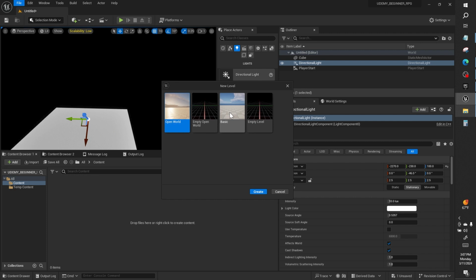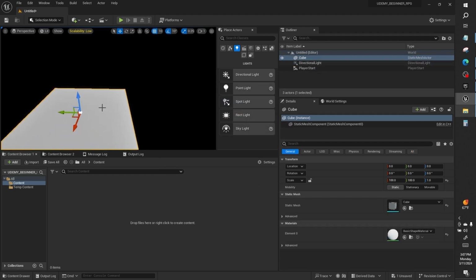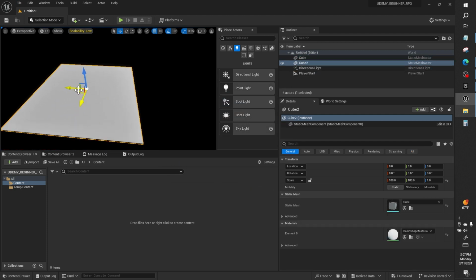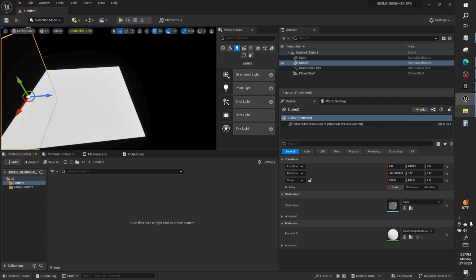There's nothing around. You might say, well, why don't I use this basic level? There's earth and everything. In the basic level, the ground is called floor, and if you duplicate floor, it will give you errors when you make your map. So I come in here and I make my floor out of a cube, so that if I duplicate cube and make walls out of it, that it